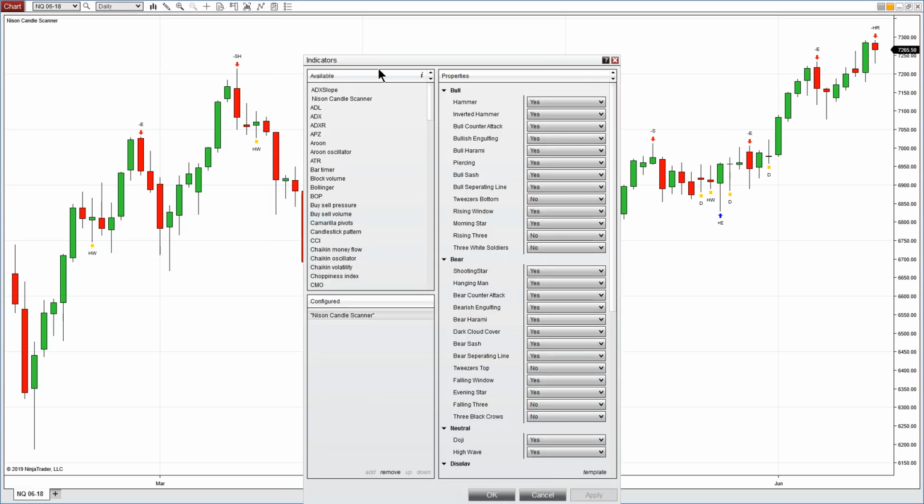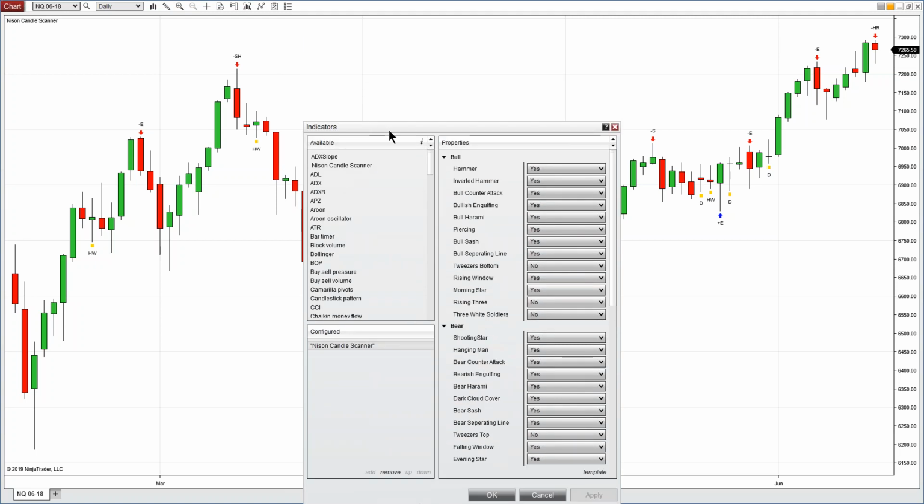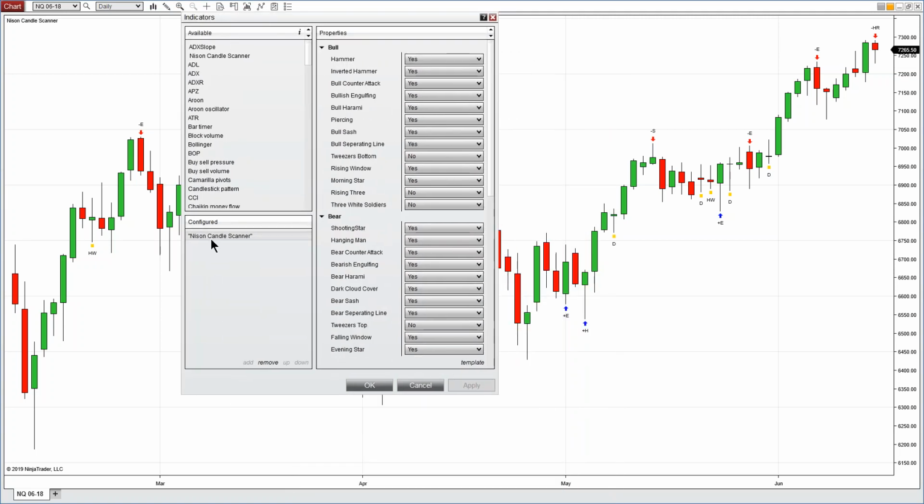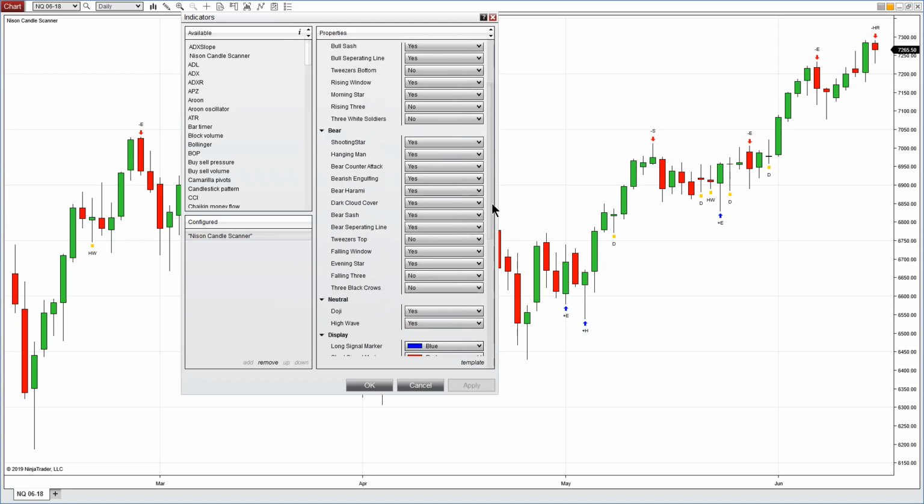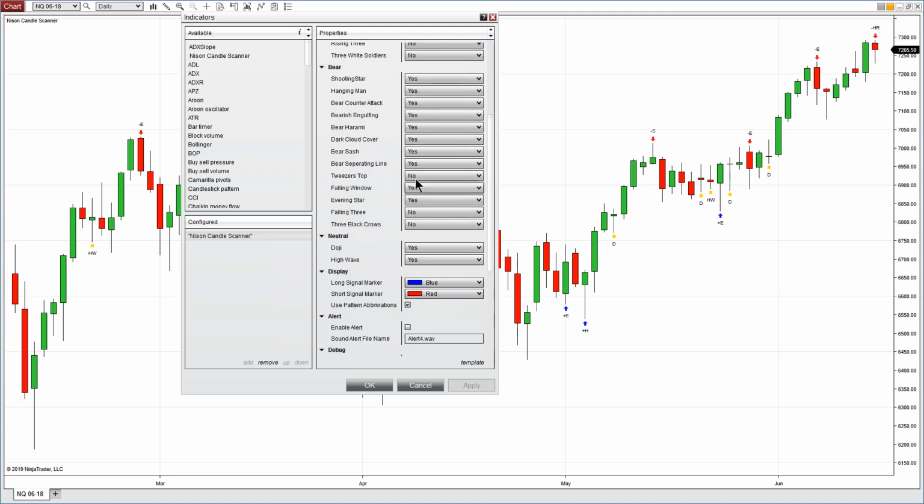So as I said, we go to the indicators, and if we choose NCS on the left side down here as a configured version, this is the only indicator I have on this chart. So it's highlighted. The right-hand side gives me the properties, so you can see what I've chosen. Everything that says yes means that those are chosen to be on the screen. Anything that says no is not going to show up on the screen, ever, okay? And the other option is also what's called strict criteria, which is a more defined, more filtered version. It's a strict version of that